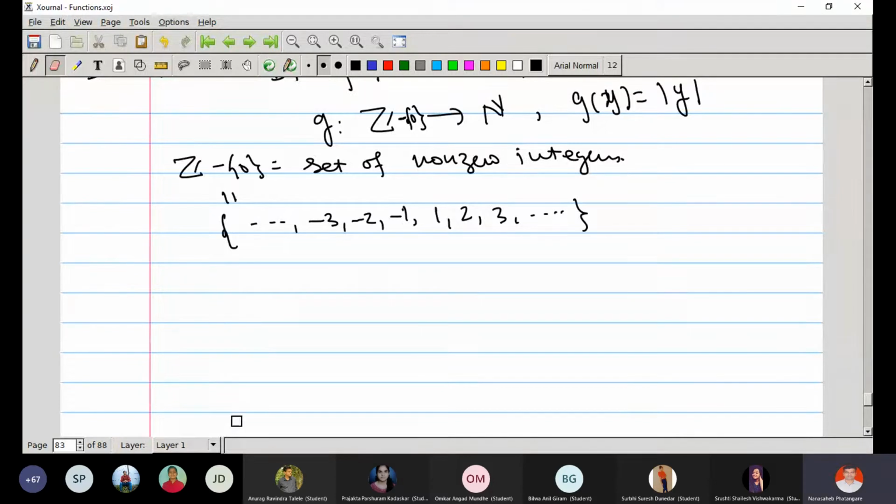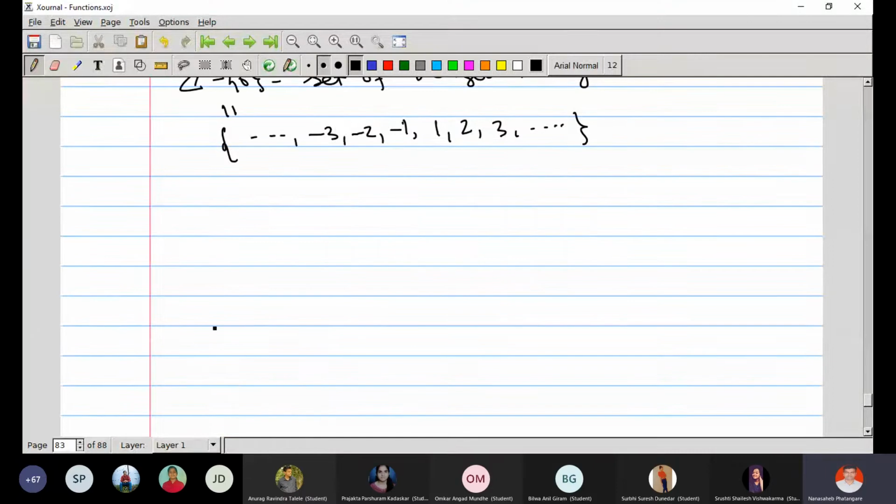So what is x? Set x is the set of natural numbers, 1, 2, 3 and so on. What is y? Non-zero integers. And what is this set? Negative integers, then